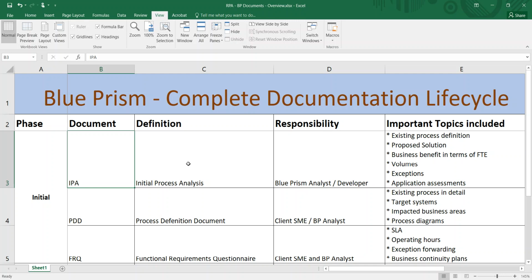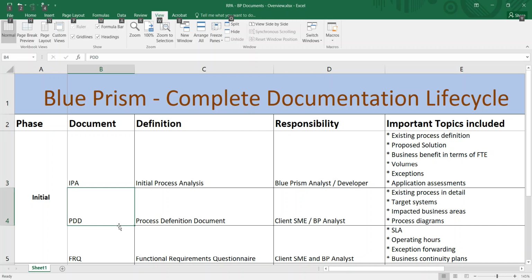I have made an FTE benefit calculation video, and I will be providing that link in the description box below. It also covers how many cases will be coming per month, daily or weekly, what exceptions can happen, and what applications are included in this process. These kinds of details will be covered in the IPA document.